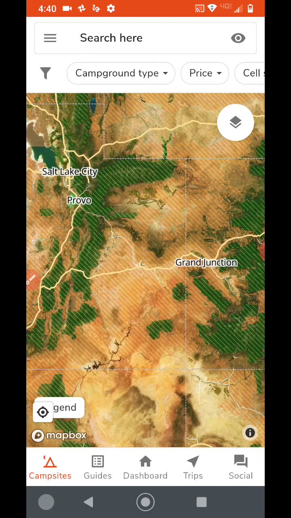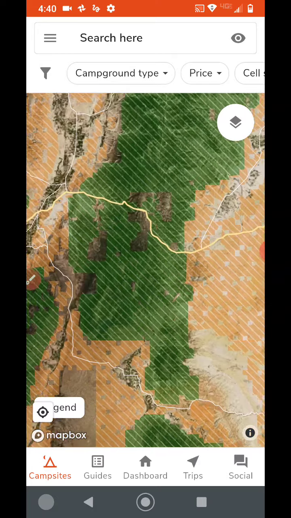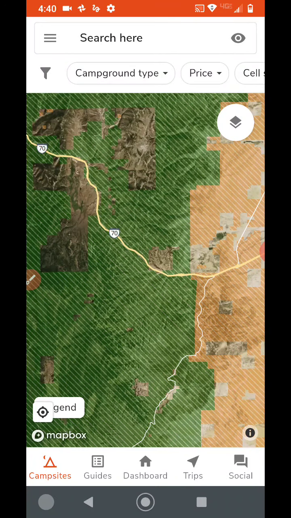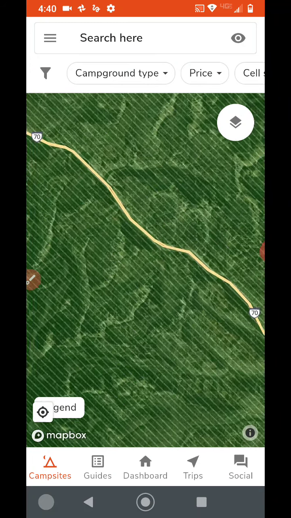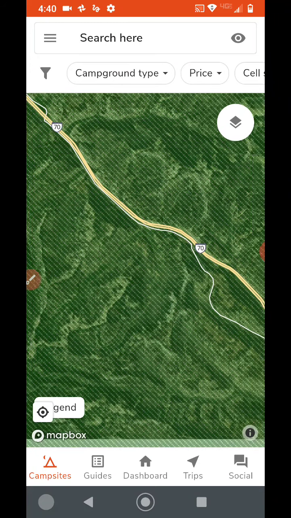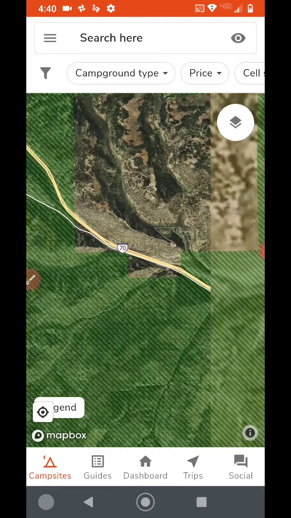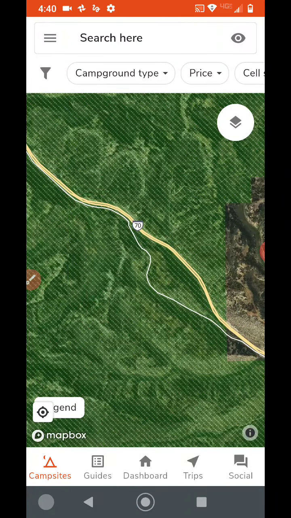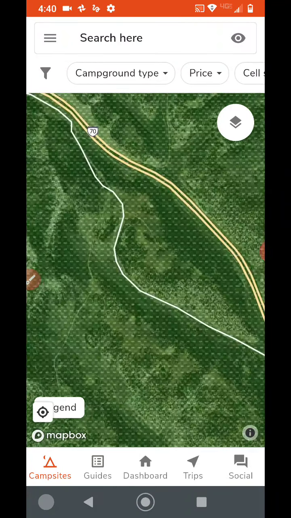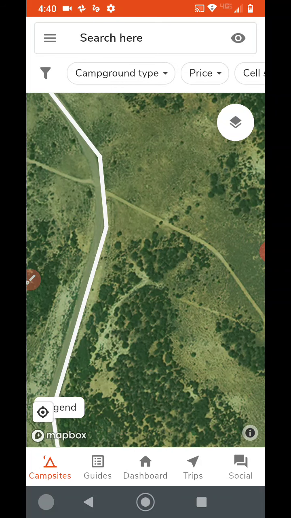So the way you utilize that is you zoom in like this, and you just keep zooming in until you start to see other little roads, like these little frontage roads here, and you would just keep zooming in like this until you can start to see